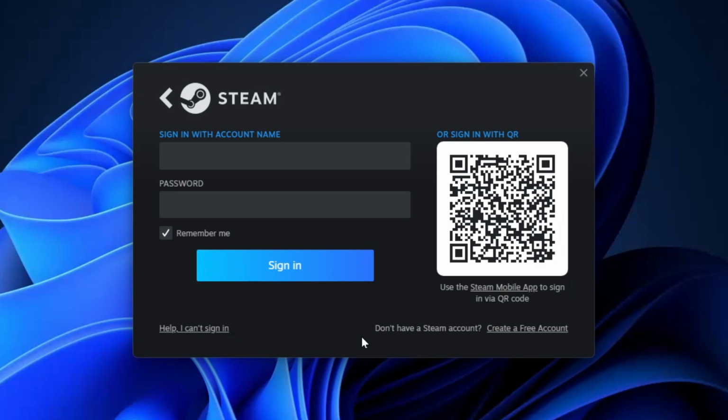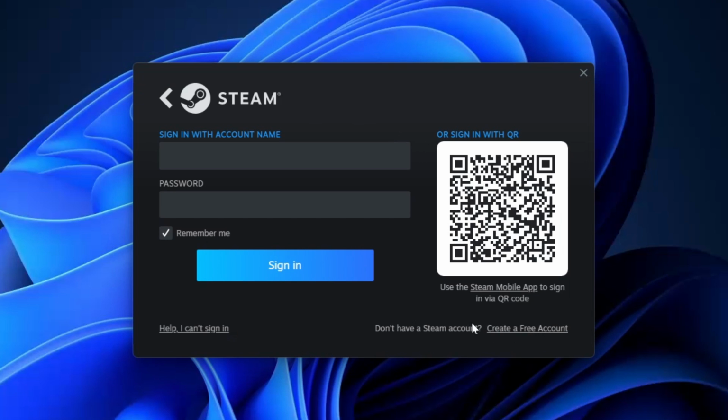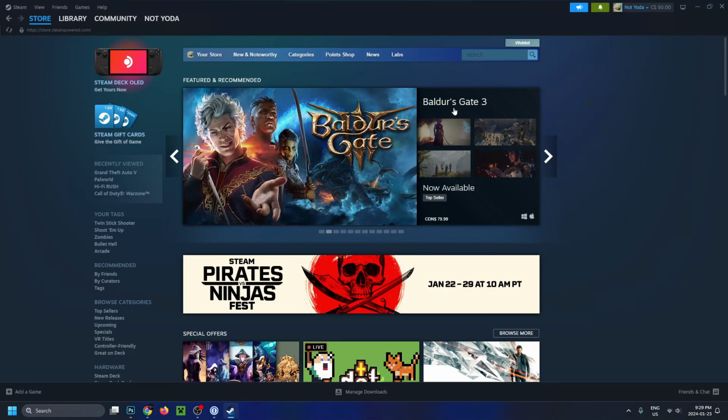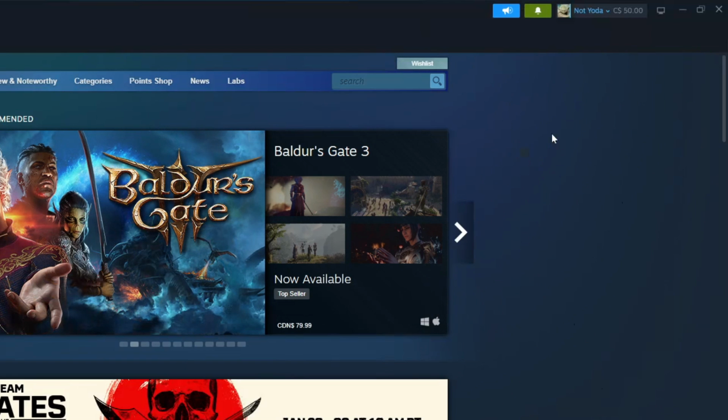Now, the first time you boot up Steam, you can sign in with an account if you've already made one before, or you can create a free account here. So go through this process and then launch Steam. Once you sign in, you'll be brought to this home screen here, and we're going to look to the top